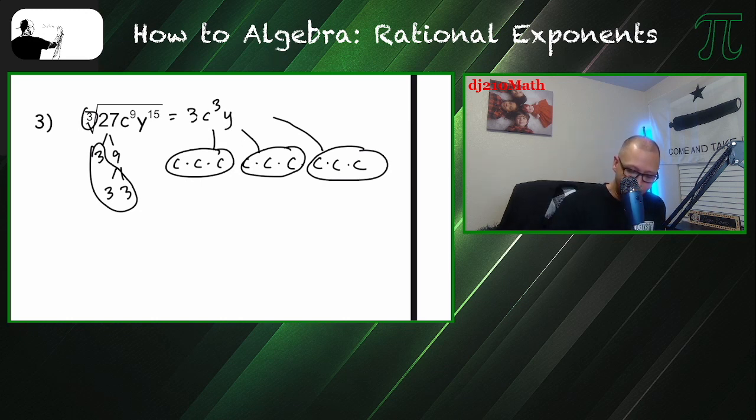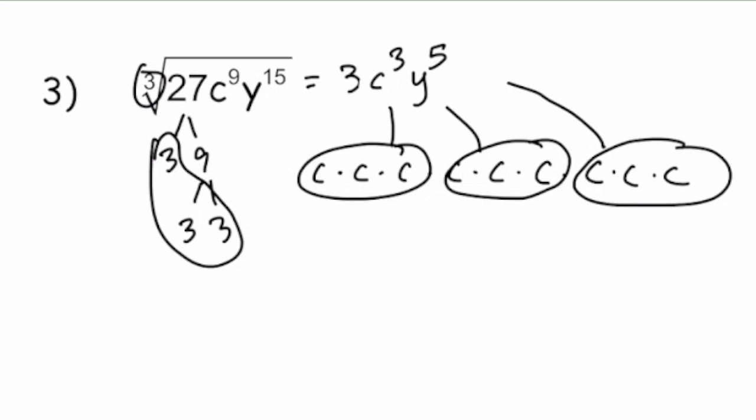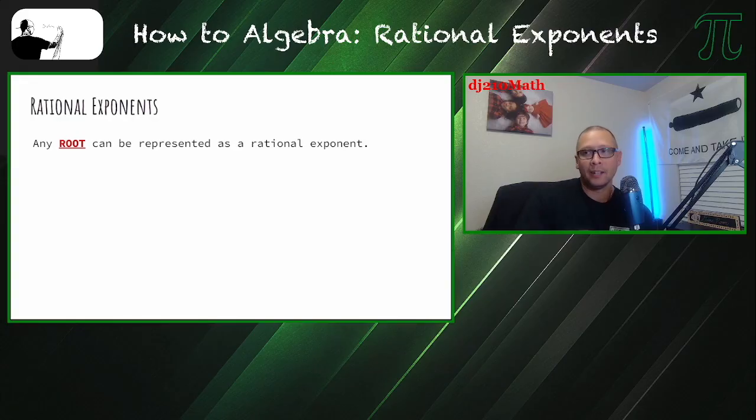Same goes for y. There are 5 groups of 3 inside of 15. So I can pull out 5 single y's. So this would be 3c cubed y to the 5th power. We say all that just to say that when it comes to rational exponents, the thing that we're covering